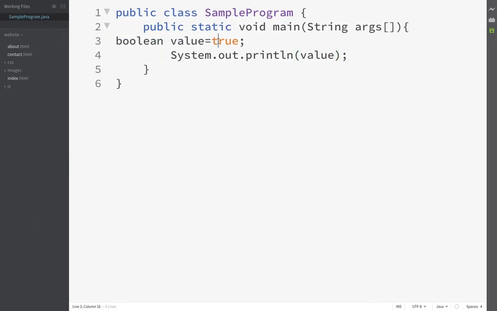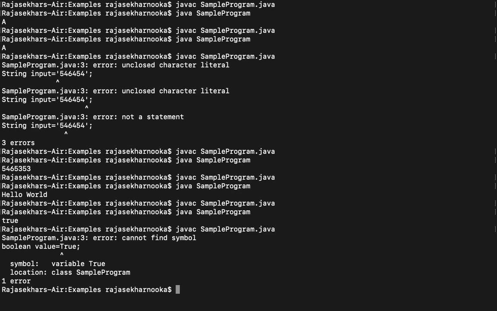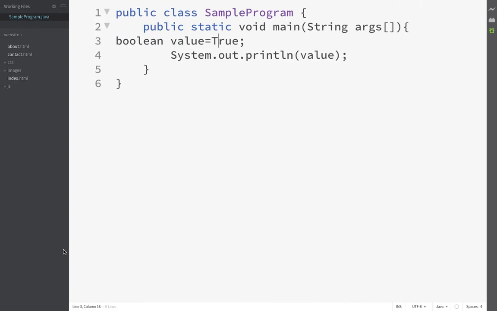Here I am changing it to capital T. Now compile the program. It displays a compilation error. It will give a compilation error; it should allow only small letters.